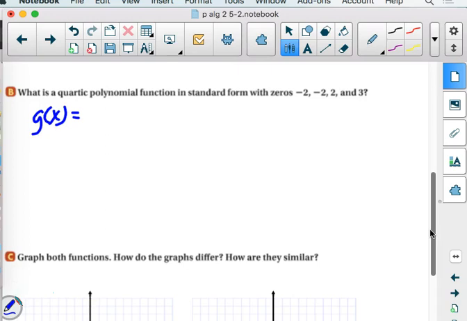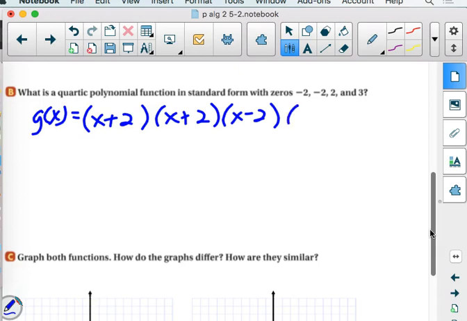Samantha, what's negative 2 going to look like one step backwards? X plus 2. Also, Samantha just took 2 of those off the board. We've got another negative 2 up there. Then I need to know the 2. What should that look like in parentheses? I've got Caitlin. X minus 2. And then I need to know what the 3 is going to look like in parentheses from Gavin. X